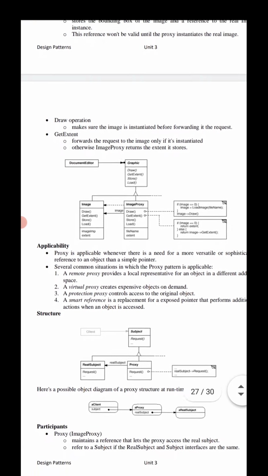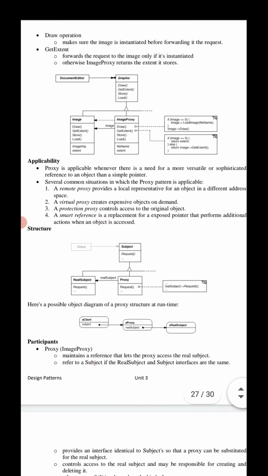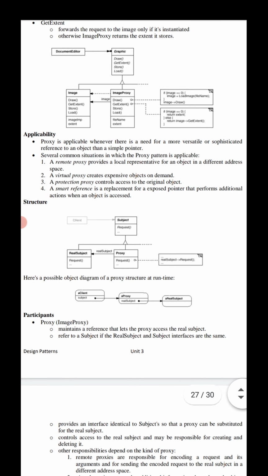Coming to the applicability of the proxy design pattern. Proxy is applicable whenever there is a need for a more versatile, or we can say sophisticated, reference to a particular object than a simple pointer.